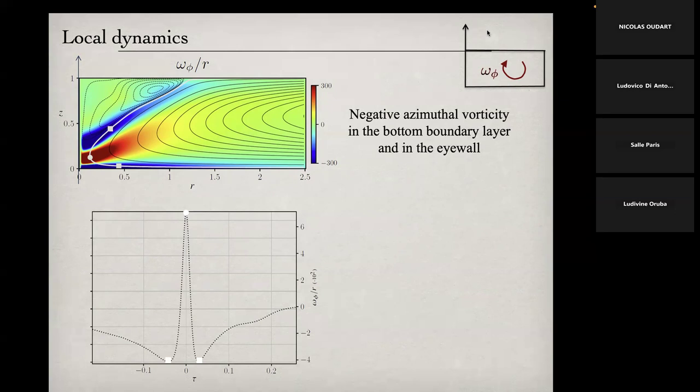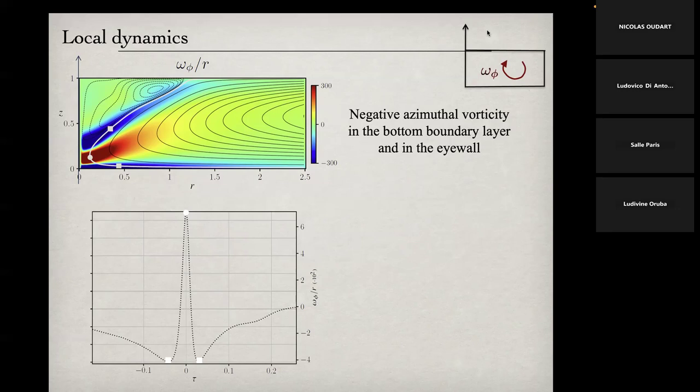Concerning the eye, the eye corresponds to a reverse circulation, so it's associated with a negative azimuthal vorticity, and this vorticity is the strongest in the eye wall because that's where the motion is the most intense. So now the question is, where does this negative azimuthal vorticity in the eye wall come from? To answer that question, we plotted here the evolution of the azimuthal vorticity along a streamline,